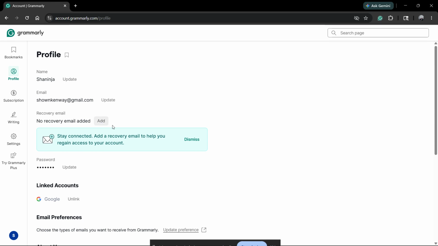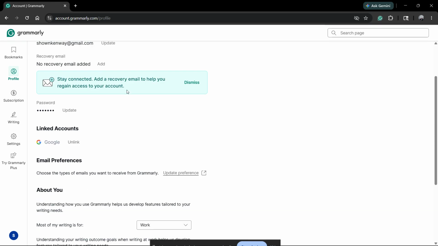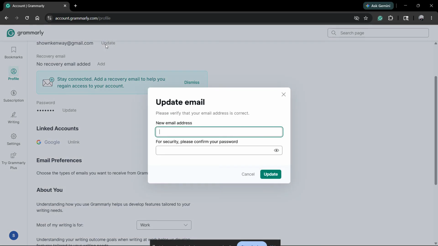On the account page, find your current email address. Next to it, you should see an Update button. Click that button to begin the email change process. Grammarly will now ask you to enter your new email address. Type it carefully and double check for spelling mistakes, because this is the email Grammarly will use for your account